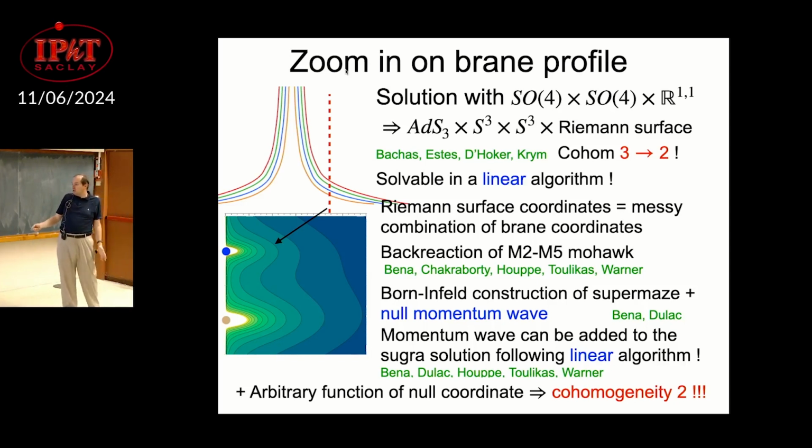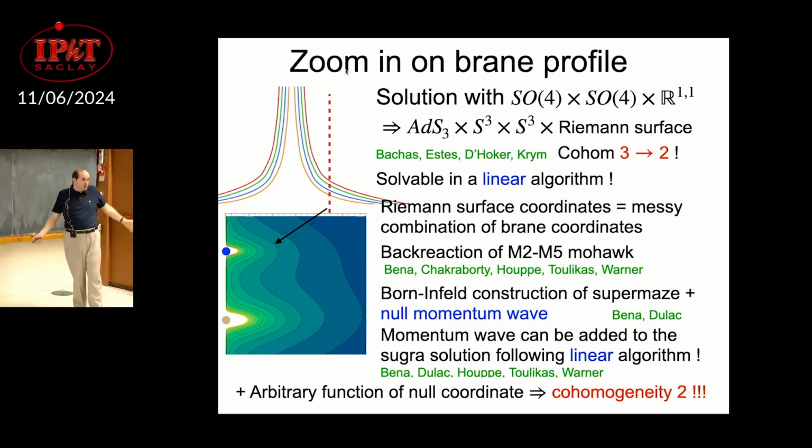That's something which was quite unexpected, and the net result is that if you do that, you're basically solving some functions, and you can put the momentum in some arbitrary function of the null coordinates. The point is, at the end of the day, if you are careful and work in the right limits, you actually solve cohomogeneity 2 solutions. So you can actually build solutions which have all these features. They have a bubble, they have momentum, they have M5s, and so on. We haven't built them yet.